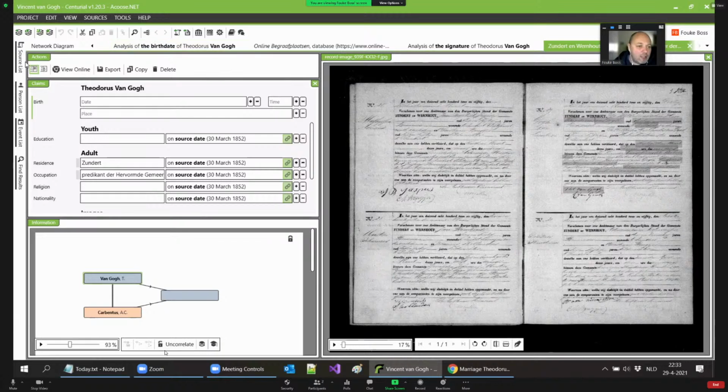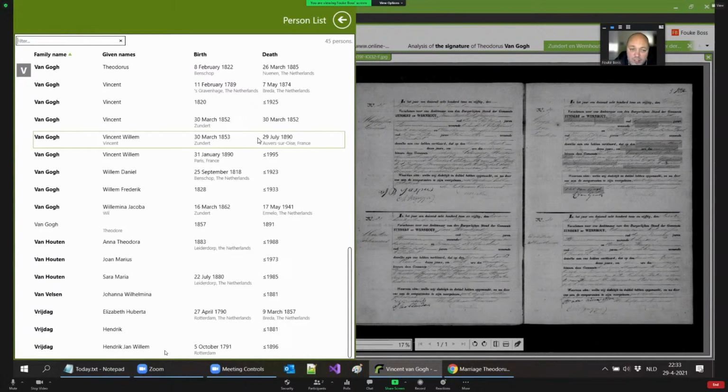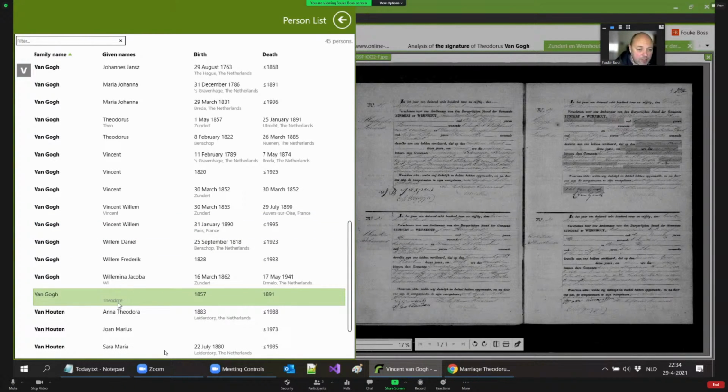Well, and then another feature that is interesting is that in the person view, sometimes you are going through your list, and then all of a sudden you notice something peculiar. For example, I noticed this Theodore van Gogh here that is looking a bit lonely. You can see all the bold lines are people in the actual family tree of Vincent van Gogh, and somehow this one didn't get connected. So let's do a bit of an analysis here. So we have a Theodore van Gogh here, and we have another one here and another one here.